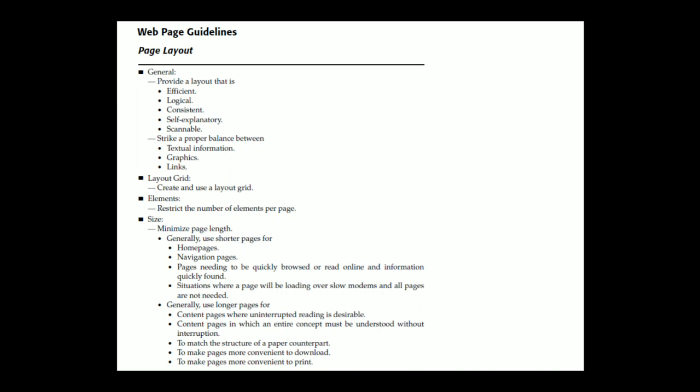Logical and consistent. Locate important page elements in consistent locations on all pages. A logical and consistent layout of a site and its pages will enable people to quickly find what they are looking for. A layout that matches a person's expectations speeds learning and enables prediction of where to find things and how to do things. Illogical and inconsistent structures lead only to user frustrations.